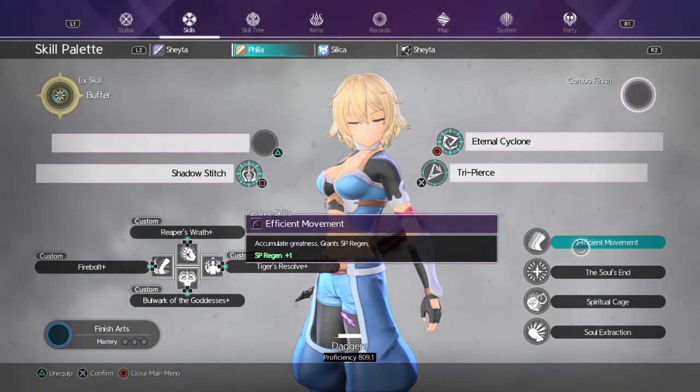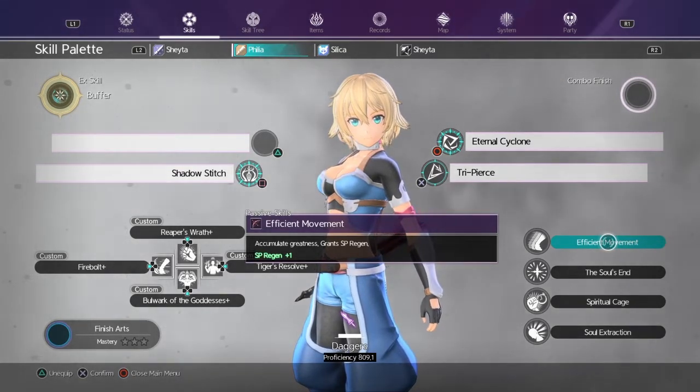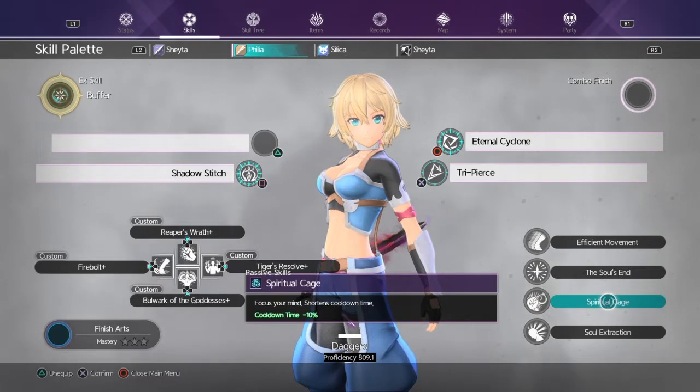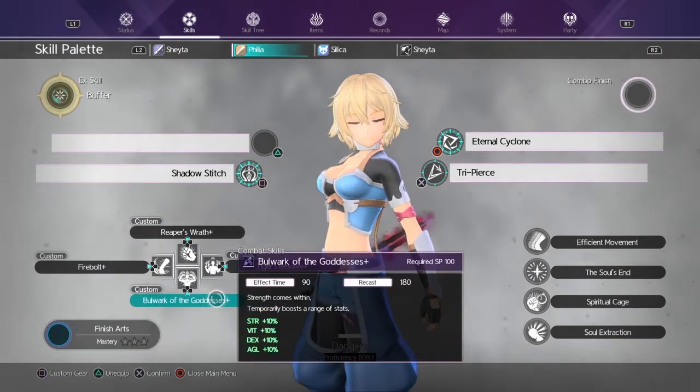Passives I got on her: SP regen, since most of the time they probably can't even hit, but if you do upgrade their stuff, they will be able to hit. But if they can't hit, I put SP regen on them so they can at least get more SP faster while not hitting. Soul's End for max SP plus 100 so they can get 400. Spiritual Cage for more cooldown time, and Soul Extraction for SP consumption minus, which I don't think I even need